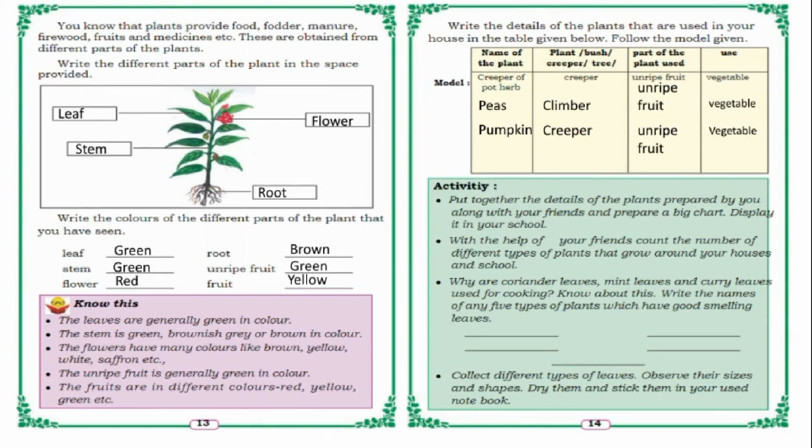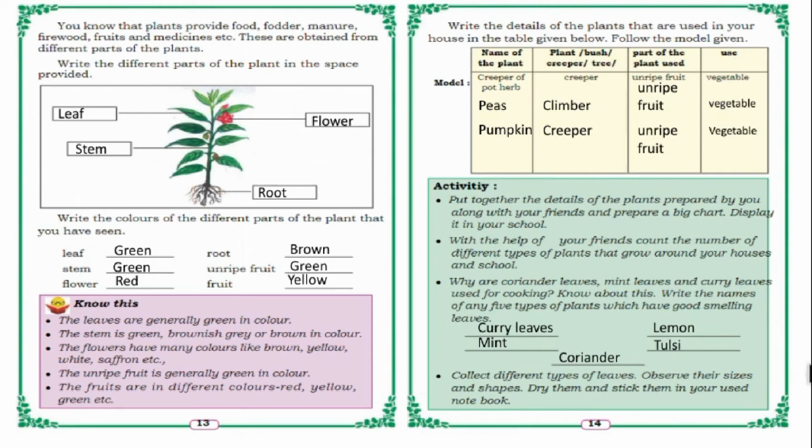One more activity: why are coriander leaves, mint leaves and curry leaves used for cooking? Because they smell so nicely, isn't it? So know about this, write the names of any 5 types of plants which have a good smell. Can anyone say, children, which type of leaves have a good smell? Yes, we will write here: curry leaves, mint, lemon, tulsi and